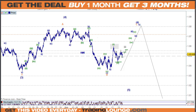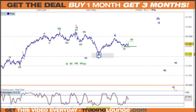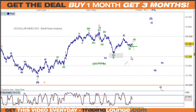So anyway, it looks like we want to push up here, and it looks like the DAX wants to push up as well. That means the Stoxx 50 will push up, but we need the US dollar index to break lower in all of that. So just bringing the US dollar index over here, we're looking at this as 1, 2, 3, 4, 5 here. So if this is breached here, then that's going to be helpful. That's going to tell you that the euro will be pushing to the upside. So look, it's a bit of a puzzle, but I just wanted to share